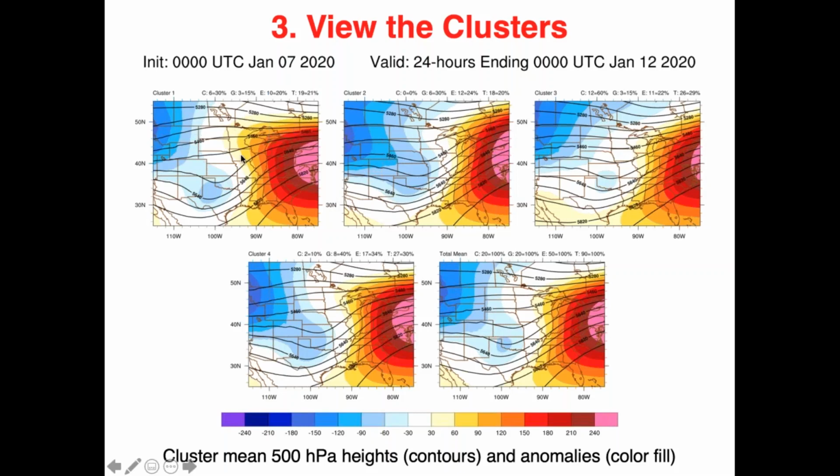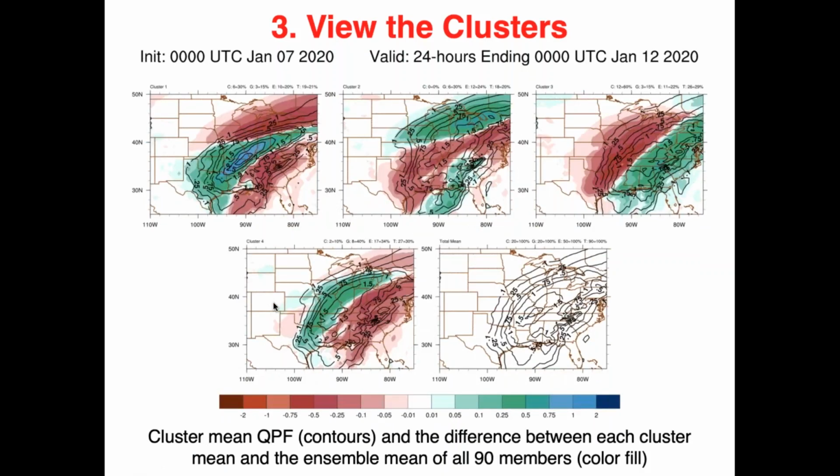So this cluster here is a little less amplified. This cluster here is maybe a little bit more amplified. We can see some lower heights to the west here and some higher heights, especially on the northern periphery here. So this cluster is more amplified, whereas this cluster here, it's definitely a bit further to the east with the trough ridge couplet, and this one is definitely a bit further to the west. So that's the physical interpretation, and you'll see if we look at the QPF forecast on the next page,